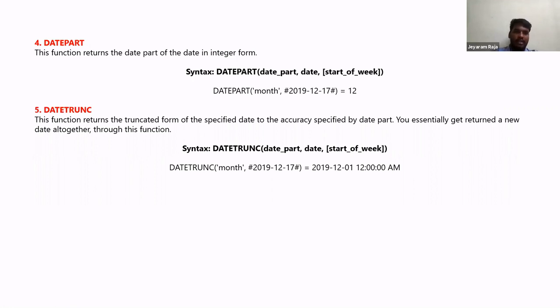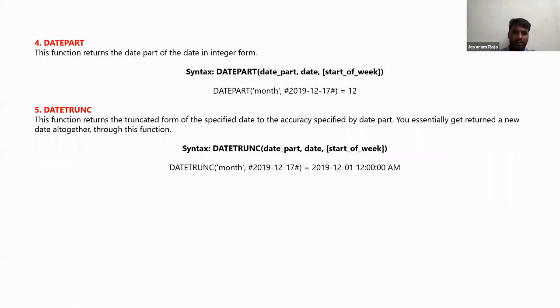Next, the date trunc function. This function truncates the specified date to the accuracy specified by the date part. So date trunc, with date part as month, truncates the date you have given to the earliest field which you have specified.